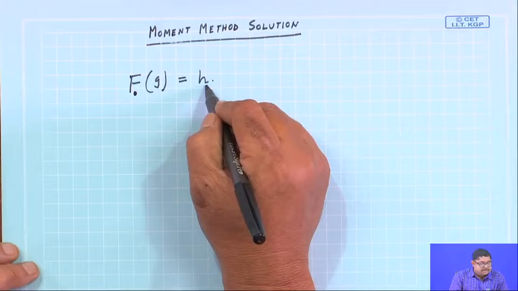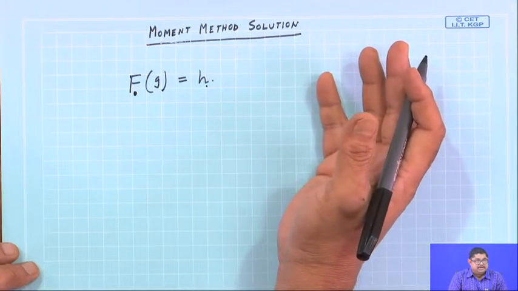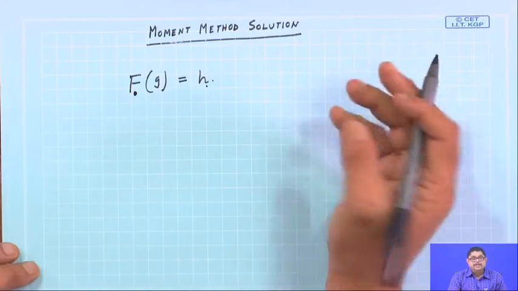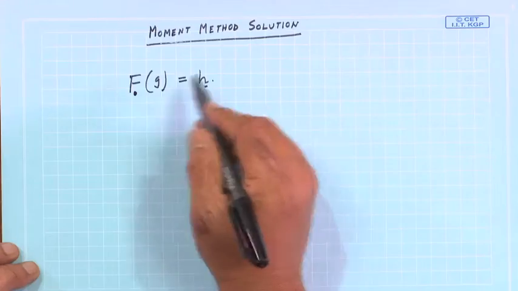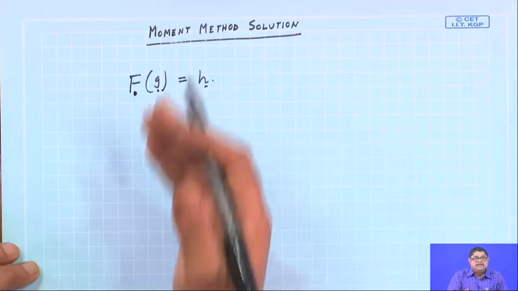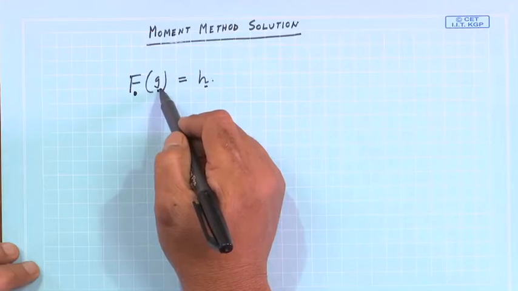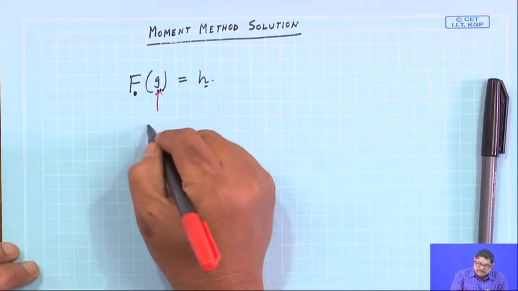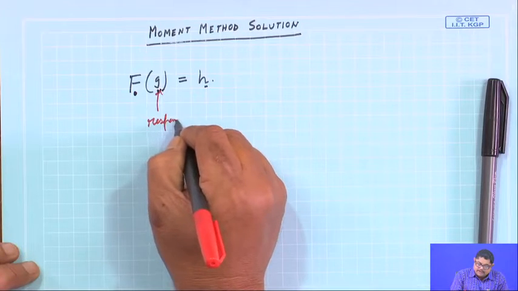H is a known excitation function, in our case whether we give spark gap excitation or any other feed type. So, excitation is known, the response is G, this is on a structure, but this is unknown. So, G is the response function,